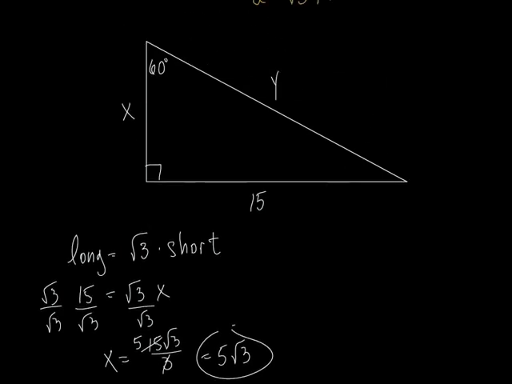Now look, once you find the short side, you're home free, as they say. Because once you get the short side, it's easy to find the other two. It's really easy to find the hypotenuse. What do we do to this to find the hypotenuse? Multiply by 2, right? Just double it, okay? So if I take this and multiply it by 2, what do I get? 10